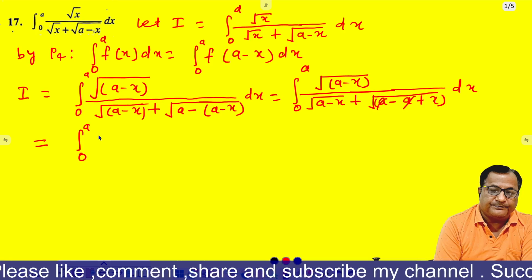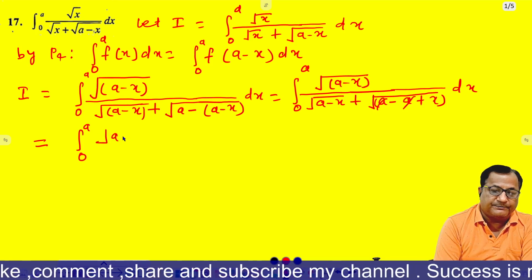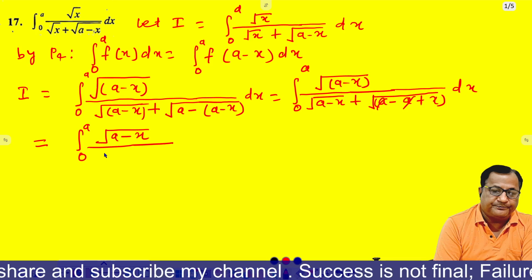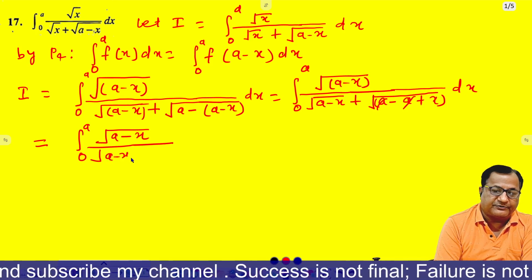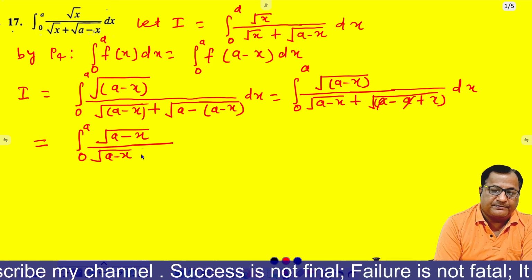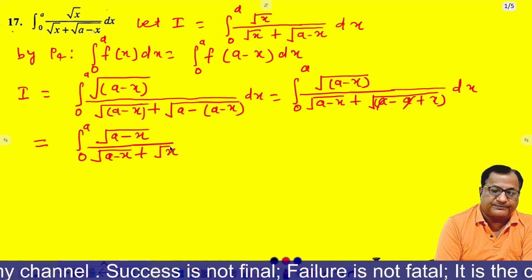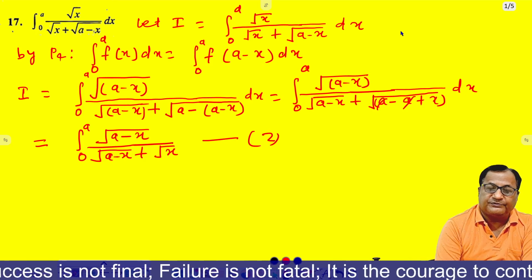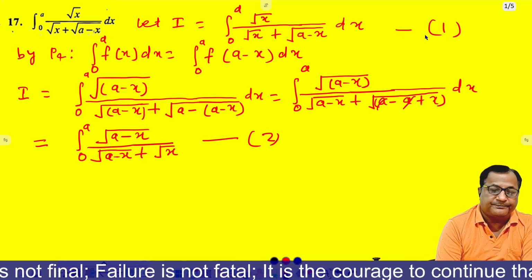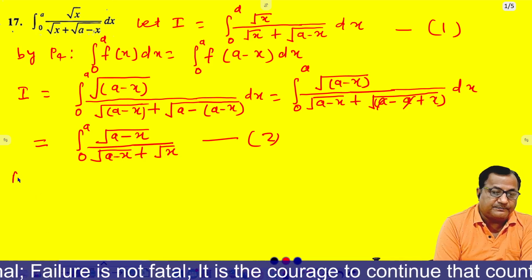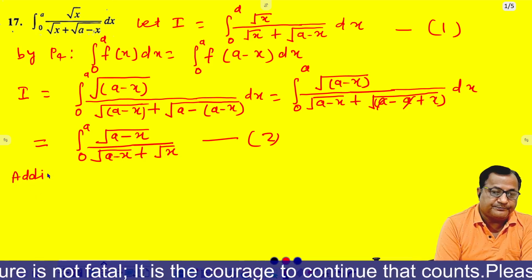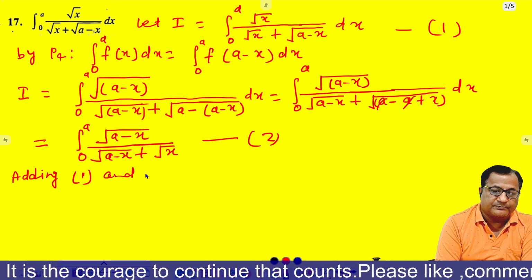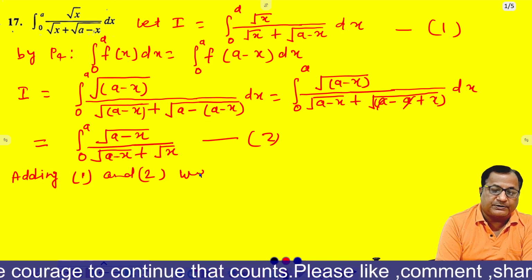So this will be the integral from 0 to a of root a minus x divided by root a minus x plus root x. This will be number 2. This is number 1. So adding 1 and 2, we get,